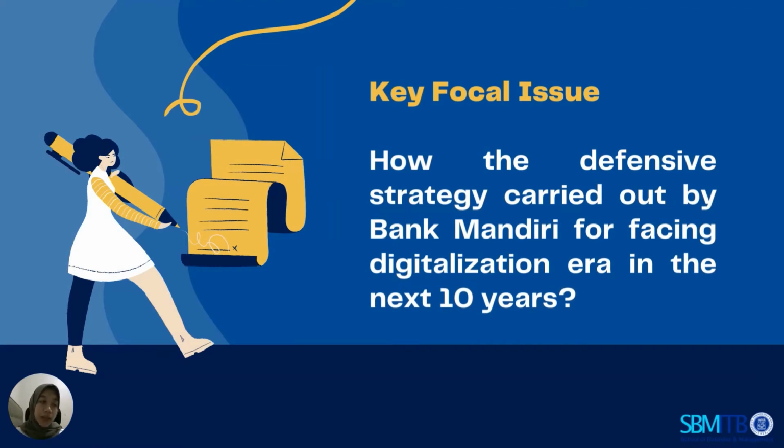PT Bank Mandiri Persero, or Bank Mandiri, was established when the Indonesian financial sector had collapsed in the late 1990s. 4 state-owned banks, Bank Exim, Bank Bumi Daya, Bank Dagang Negara, and Bapindo, were merged into Bank Mandiri as a part of the government bank restructuring program. Bank Mandiri's headquarters is in Jakarta, and it is currently the largest bank in Indonesia in terms of assets, loans, and deposits.